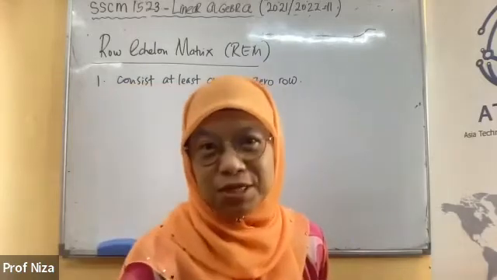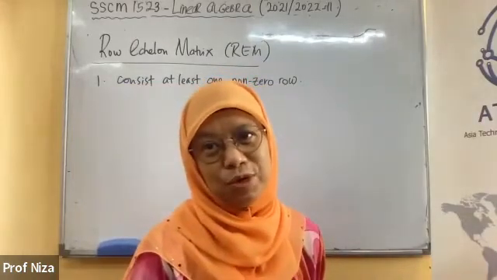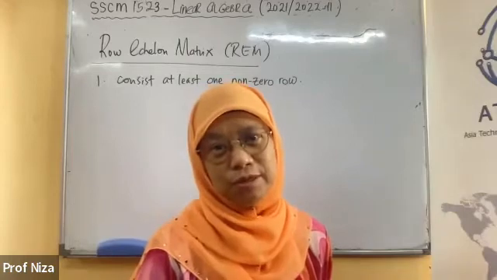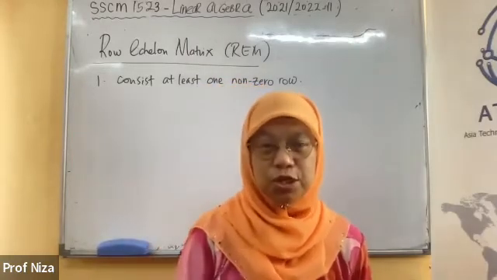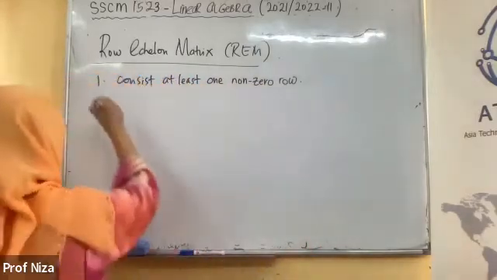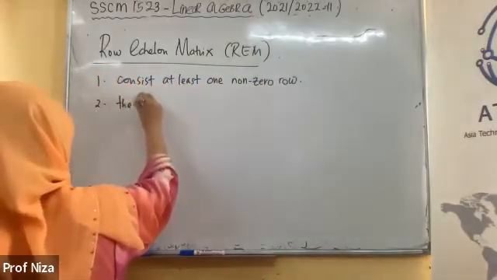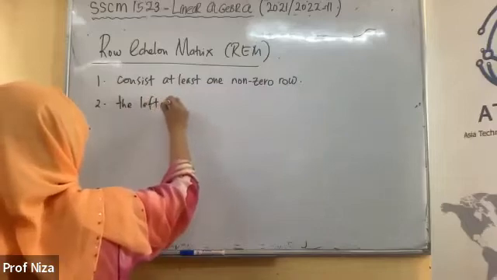Meaning it cannot be a zero matrix. Okay, it cannot be a zero matrix. We want a row echelon matrix which is non-zero. Number 2, the leftmost